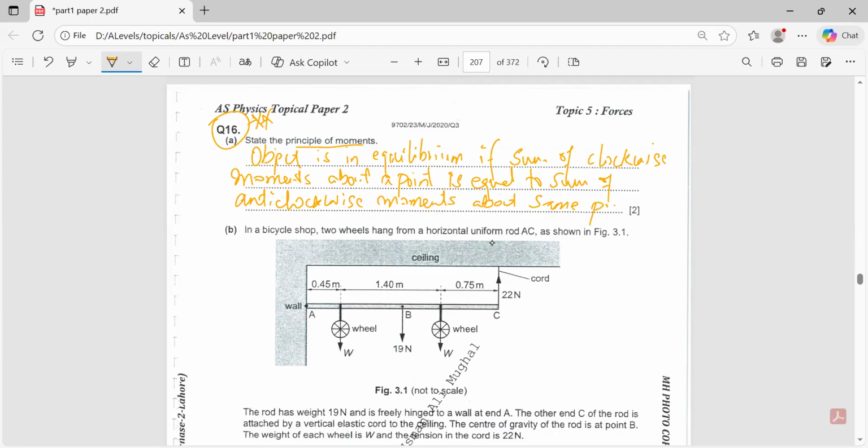If you are going to write down these words, only then you will be awarded with complete 2